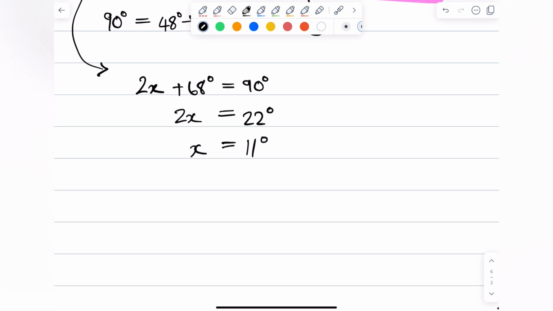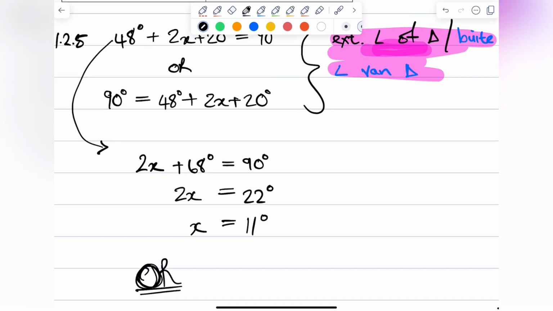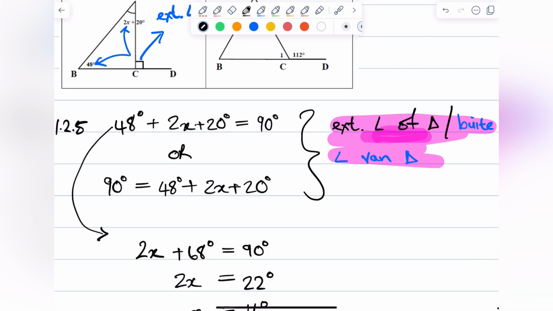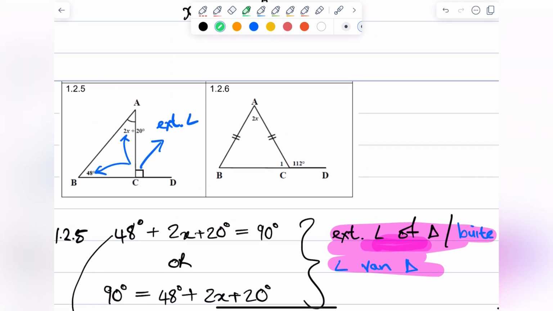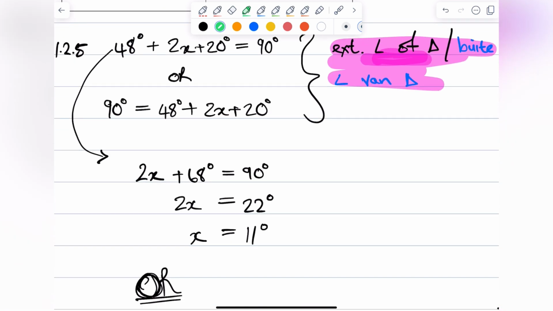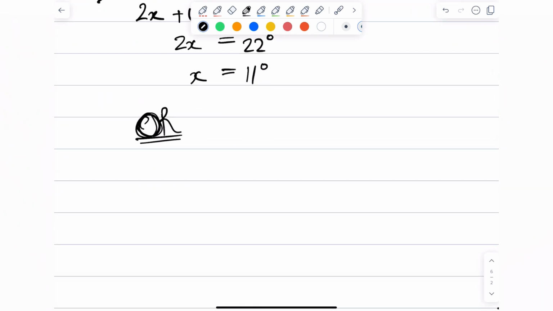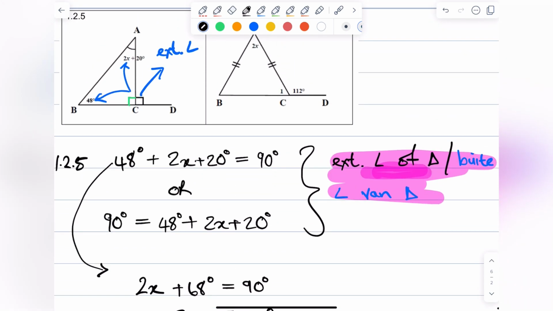Now we could also, so I'll make another "or". This "or" means we can do it a different way. Like we said, because BCD is a straight line, we know that ACB, this angle here, is also 90 degrees. Okay, so let's see what happens. We'll start off by saying that angle ACB is equal to 90 degrees. We're making a statement, and the reason is,